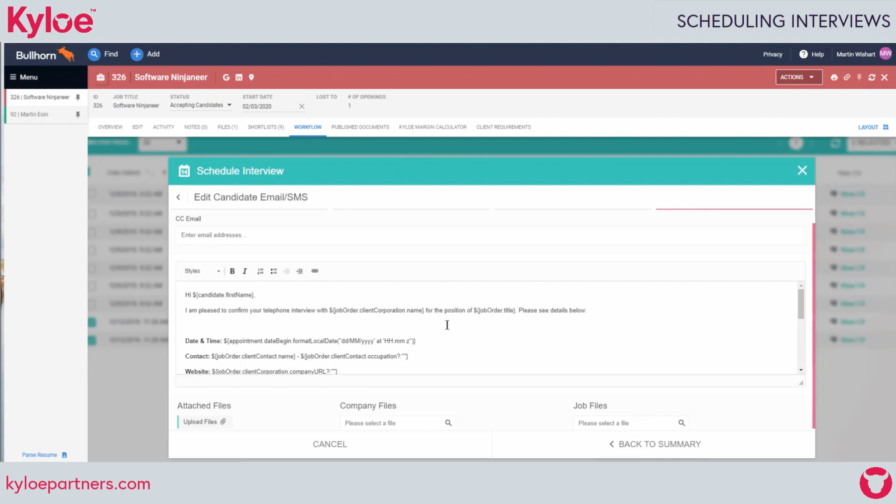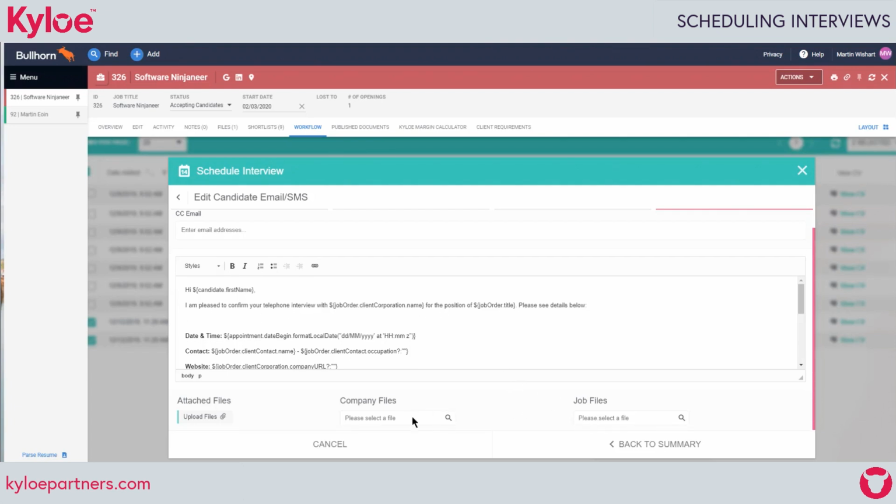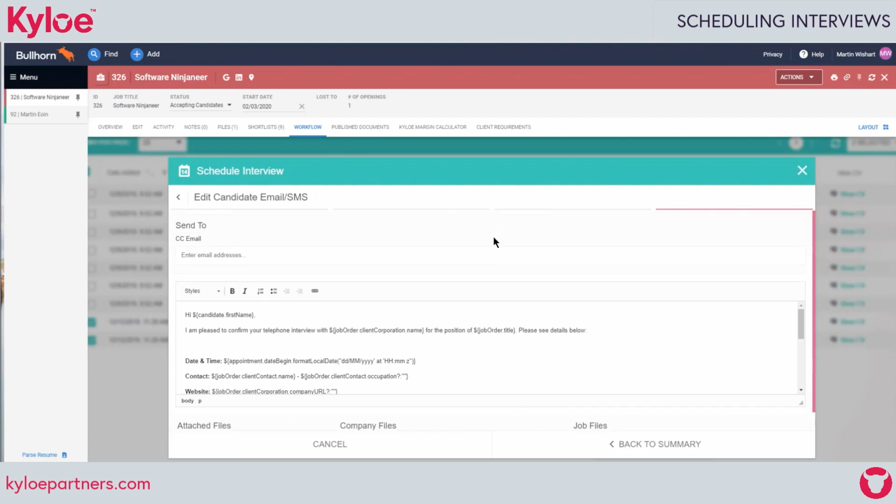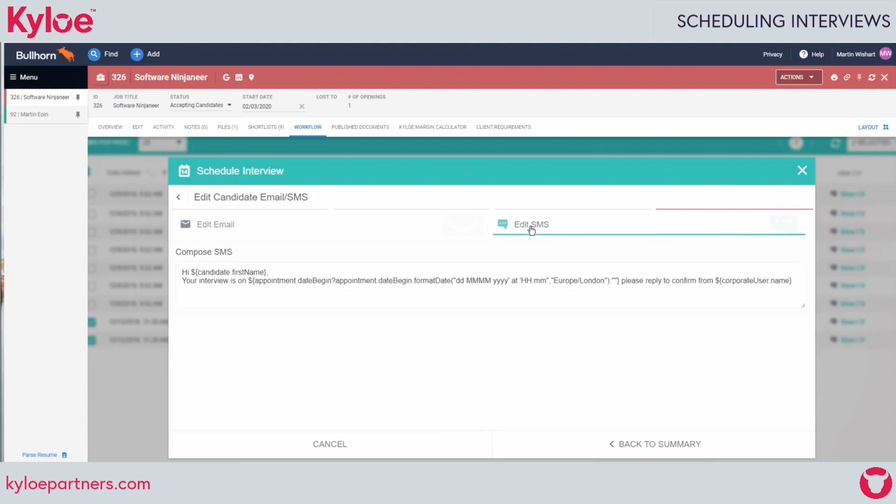You can see it in its raw form right now with the merge fields. You can of course select into here and write some additional text if required, and of course attach some files, as you can see. We also have the ability to, at the same time or instead of, send out SMS communications to the candidates, and as you can see we've got the ability to use merge fields in these SMS